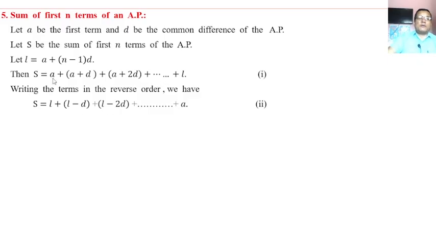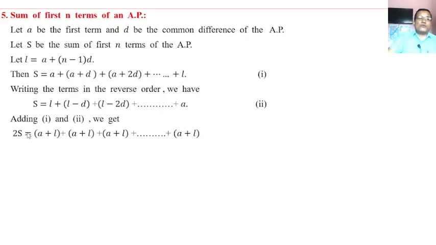Adding equation 1 and 2, we get twice S. The first terms add to A plus L, the second terms add to A plus L, and the third terms also add to A plus L. Adding 1 and 2, we get twice S equal to